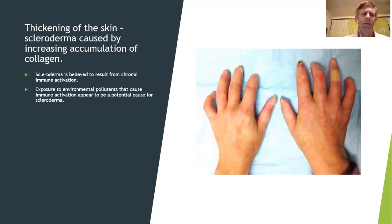Exposure to environmental pollutants that cause immune activation appear to be a potential cause for scleroderma. The one person that I am aware of works in an industrial area. He's a young man who is still trying to work despite the condition and all the challenges that go with it, and he's doing very well. But when I was going through this, it occurred to me that this could possibly be what is exaggerating and